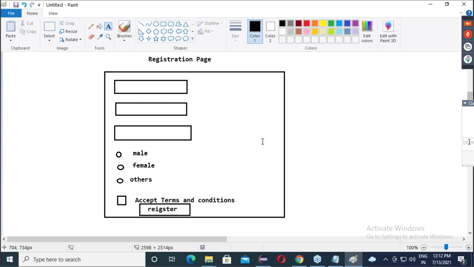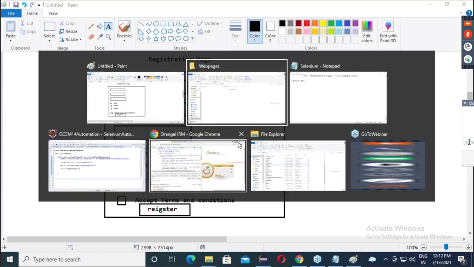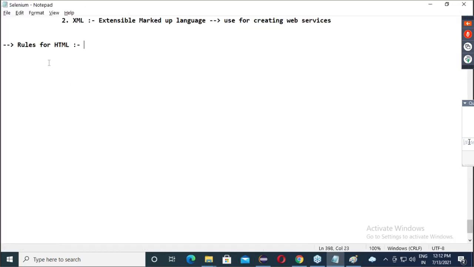So now guys, observe. The first rule to define any web page is that every HTML page or code starts from the open and close HTML tag.